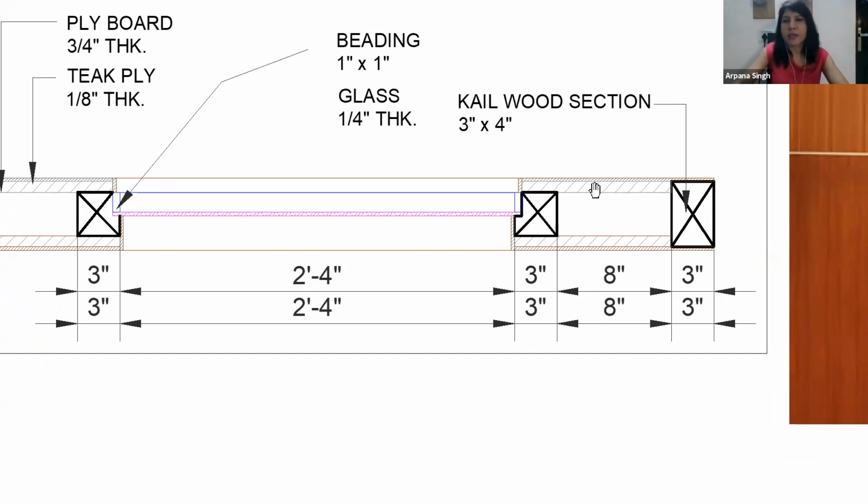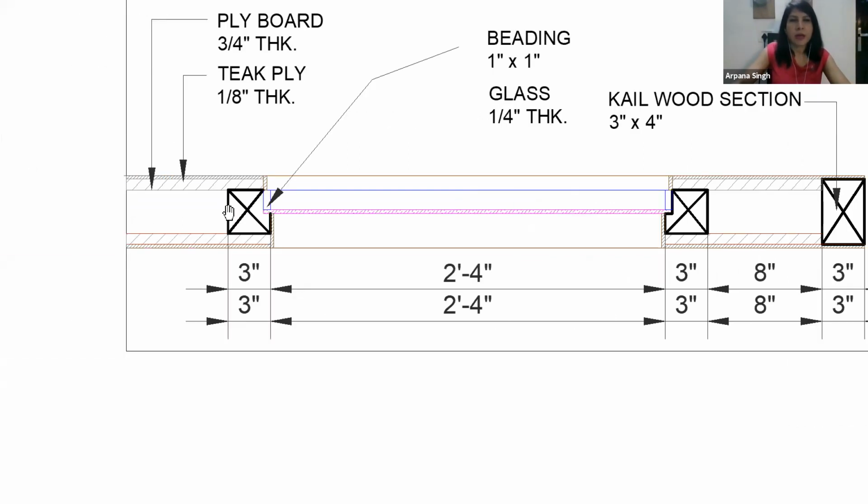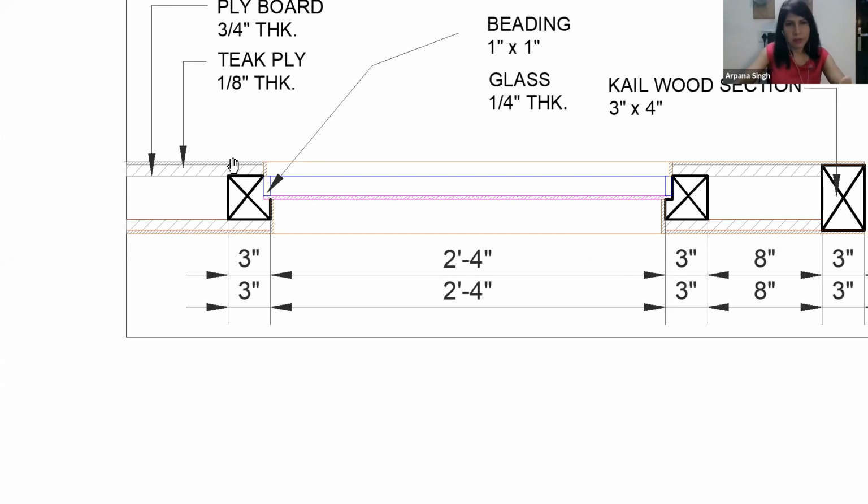The outer frame has the commercial board, and then the veneer, teak ply has been applied on top, and then the whole frame goes inside, and then the glass comes, then the frame, and then the teak ply on top of it.